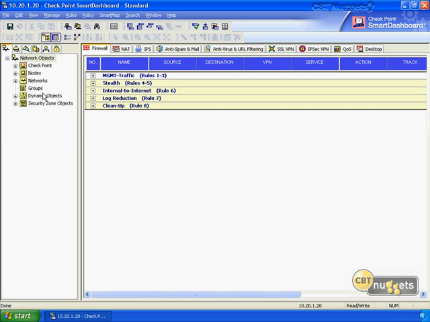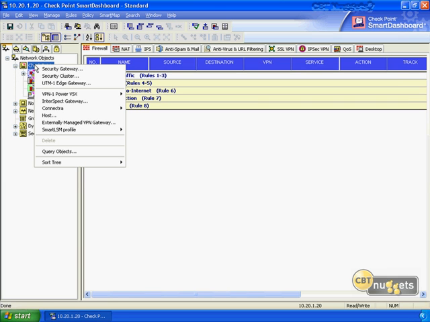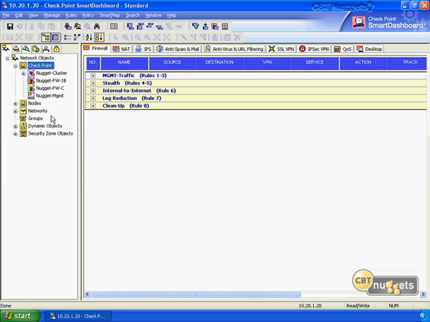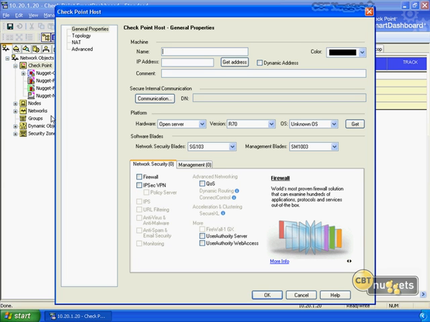So what we need to do here is we basically need to create a Checkpoint host. So under the Checkpoint section, we're going to do a right click and we're going to choose host. And for the Checkpoint host here, it's going to create a new object for us, and we're going to need to specify all the information we want to use for this particular host. So this is going to be our Nugget-portal, and we said we're going to give it the actual IP of